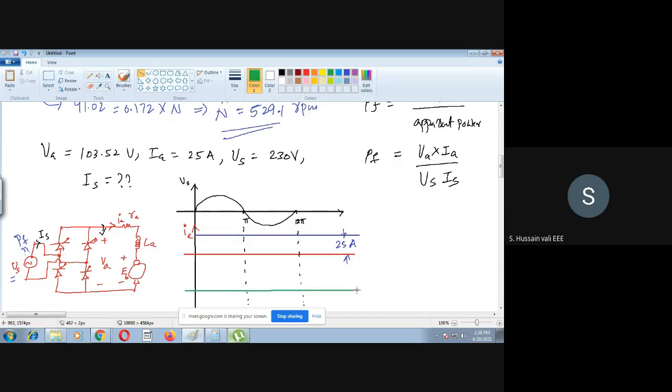Okay, now we don't want the IA value. Actually, what we want is, okay, so this is the axis. We want the waveform for IS. We are interested to know the IS value. Okay, so now before we go further, why are we drawing